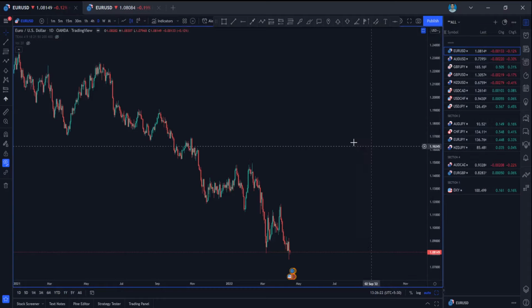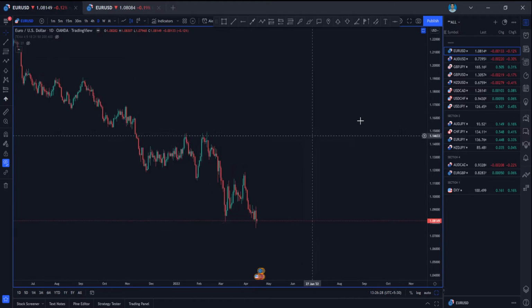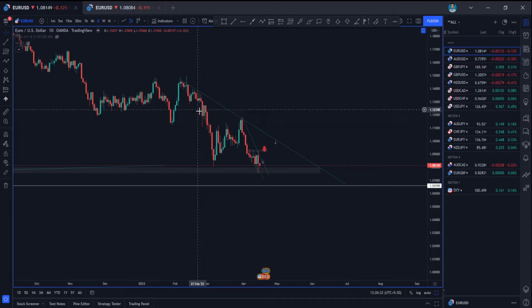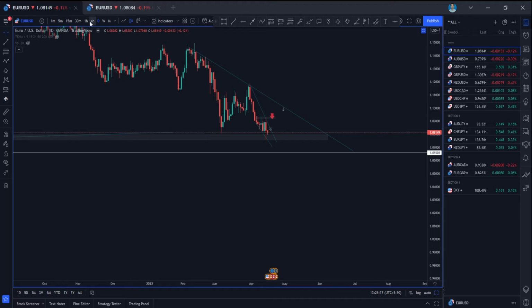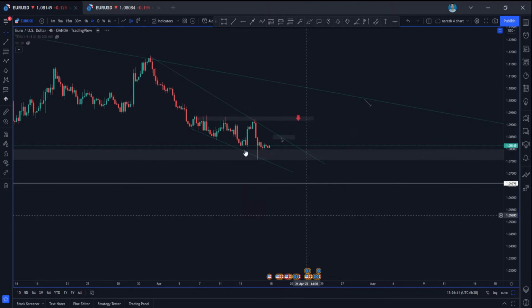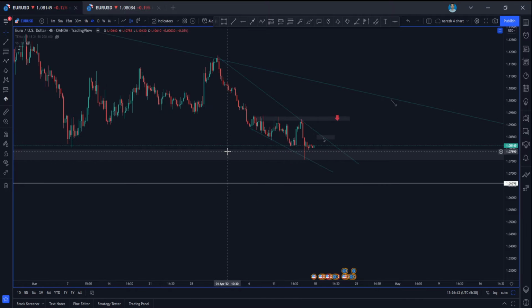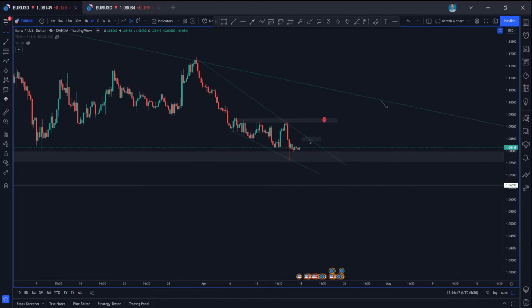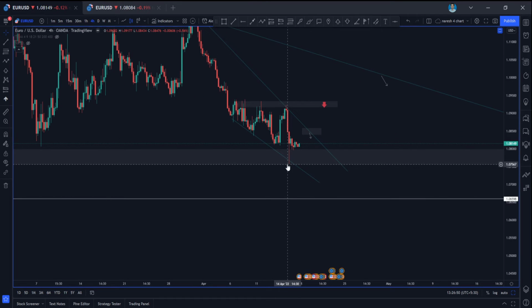So let's hop into the analysis, guys. First of all, let's hop into EURUSD, and in EURUSD we can clearly see that we are in a downtrend. We can also see that we are from the lower low here, and in the 4 hour time frame also you can see we are forming a downtrend. So right now we are at an important support level, guys, and we have already touched this important support and pushed back again.